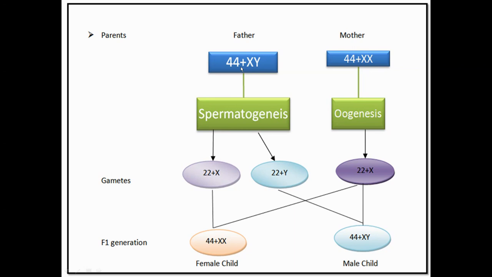Here you can see the father is going to produce 44 autosomes, which are divided into the gametes after meiosis 2, and the sex chromosomes are going to be separated out, that is male heterogamety. Here male is going to produce two types of sperms, and in mother we have the same set of chromosomes present in all the eggs. The female child is going to have 44 autosomes along with XX type of sex chromosome, and in male child there will be 44 autosomes along with XY, that is a hetero type of sex chromosome.